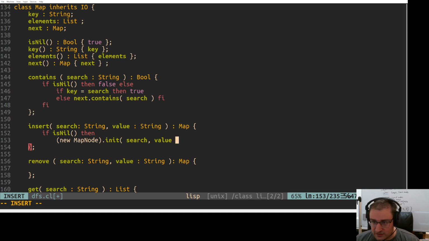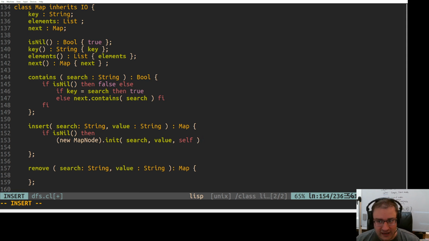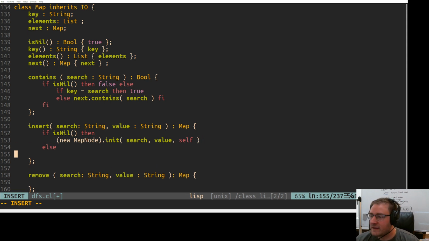the value, which is the value that we want to associate with that key, and a copy of self, so whatever the existing map already was. So that's all we need to do here. We'll return the new map node. Otherwise, if we haven't reached the end of the list, we need to check, does the key already exist in our map? So we'll check if the search parameter is equal to the key. So if the current map node that we're looking at has a key that matches what we're trying to insert, so if we're trying to insert a value into a key that already exists,